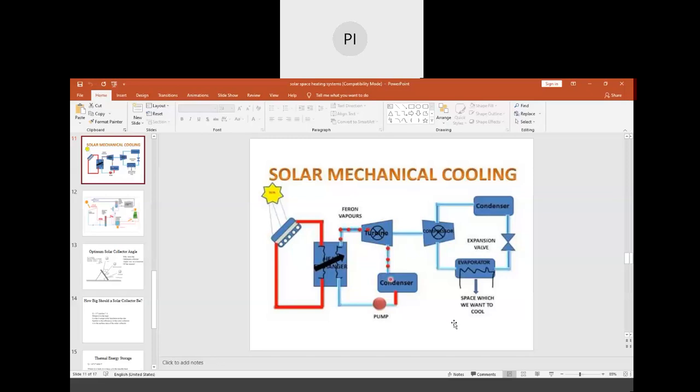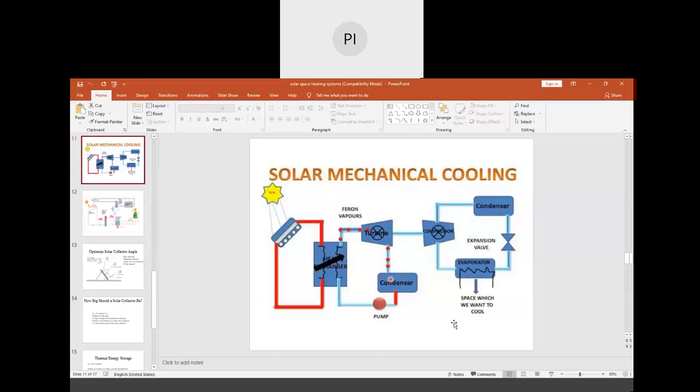Then it is fed to the compressor. The compressor compresses the gases to high pressure. Then the compressed gas condenses further, so the temperature reduces further, and then it passes through the porous plug, that is the expansion valve. In the expansion valve the pressure of the gas is very low. When gas molecules enter from the high pressure region to the low pressure region, the temperature decreases.